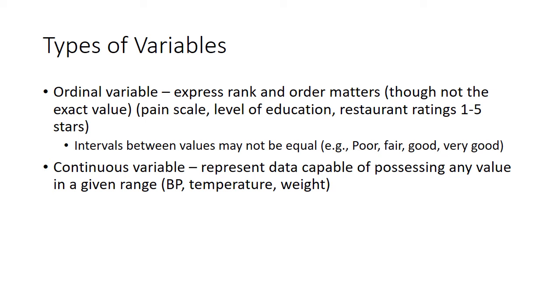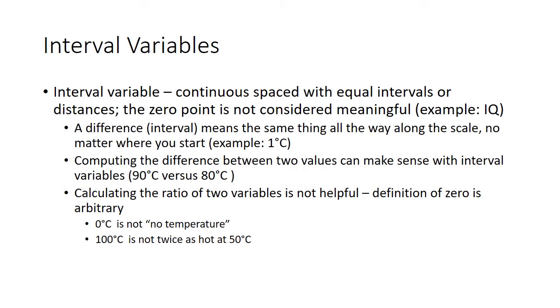Okay, temperature, 98 degrees Fahrenheit versus 99 is the same difference as between, say, 97 to 98. When you're looking at your continuous variables, you can break those down into further categorization. For one, we have the interval variable, and basically this could be a continuous scale. There could be equal intervals between different values, but basically the 0 point is not considered to be